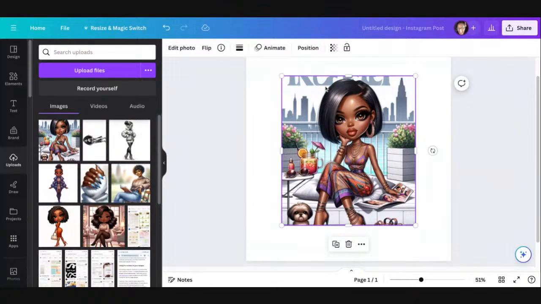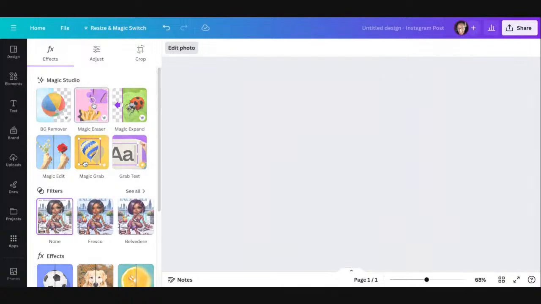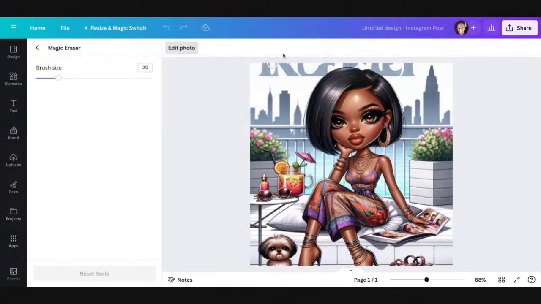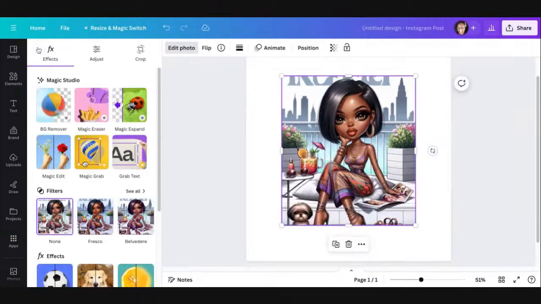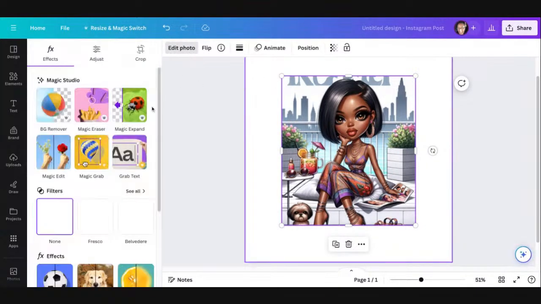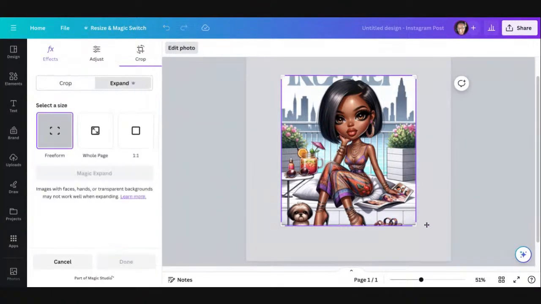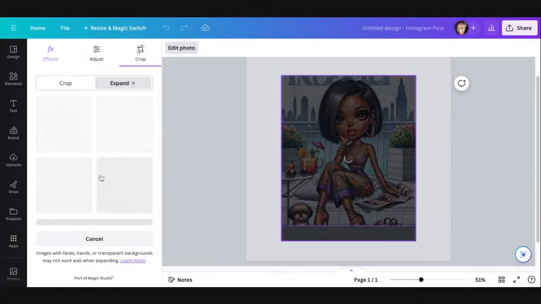So now I'm gonna go back in again. I'm gonna do edit photo. I'm gonna click on Magic. Wrong thing. I didn't want to click on Magic Erase yet. Let's go back. Let's click on edit photo. Oh, sorry. We're on edit photo. Magic expand again. And I'm gonna pull the shoes down and let's see if we can get better options for the shoes. So I'm gonna hit Magic expand.